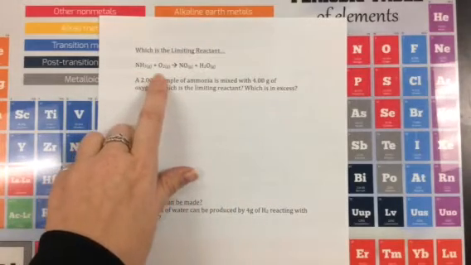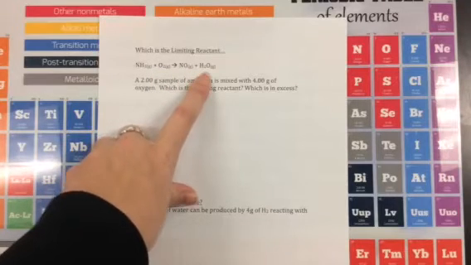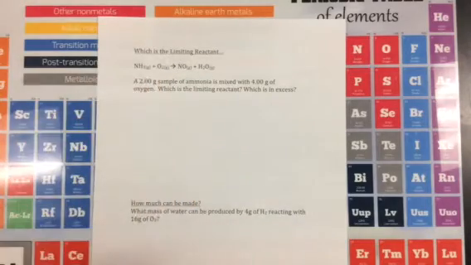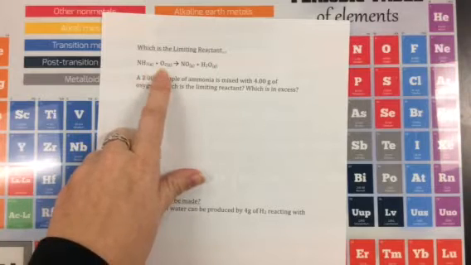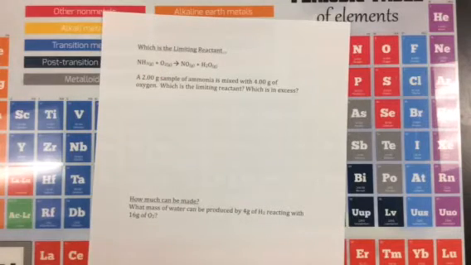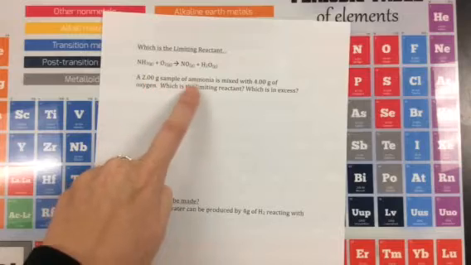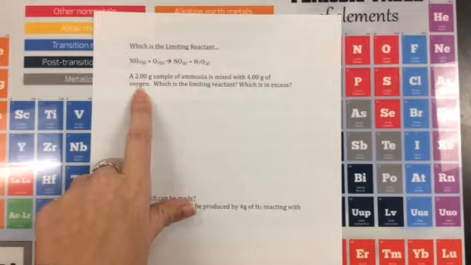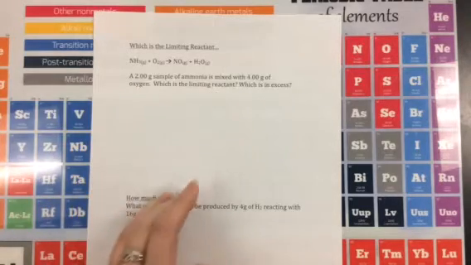If I have ammonia reacting with oxygen, my 2 products here are the nitrogen monoxide and water. When these 2 combine, they're going to keep combining until one of these 2 runs out. When one of the reactants runs out, the chemical reaction stops. So when we get actual numbers here, like we have 2 grams of ammonia, the NH3, mixed with 4 grams of oxygen, I want to know what is the limiting reactant, meaning what's going to make the chemical reaction